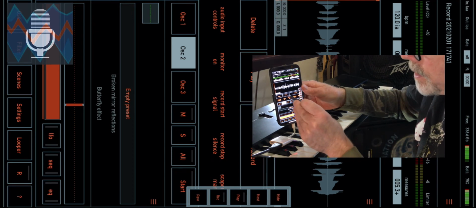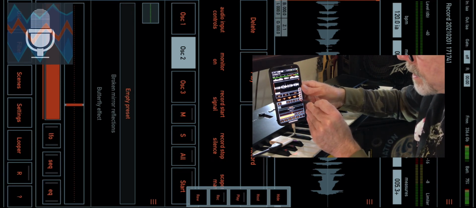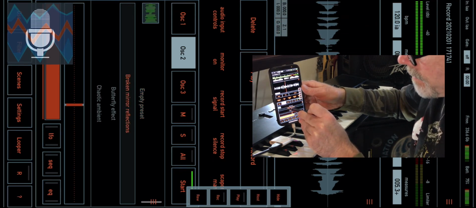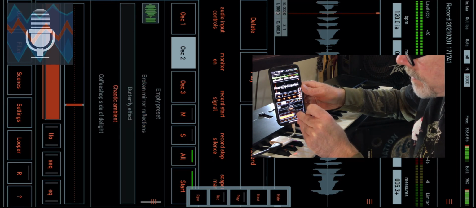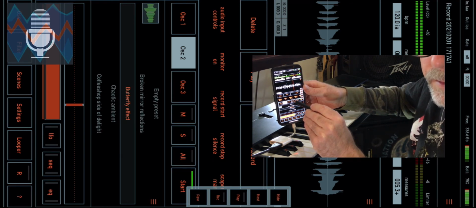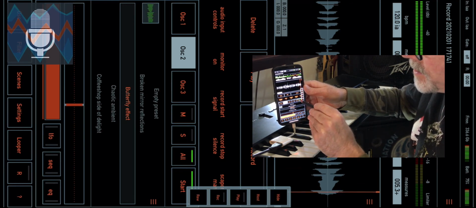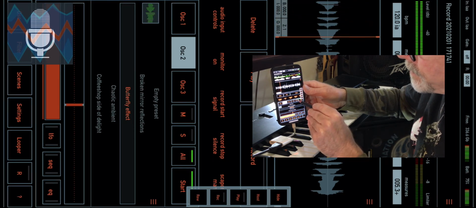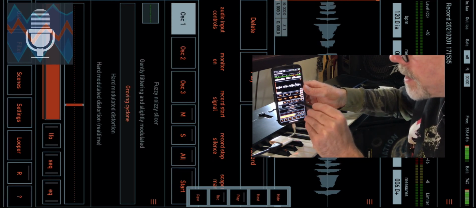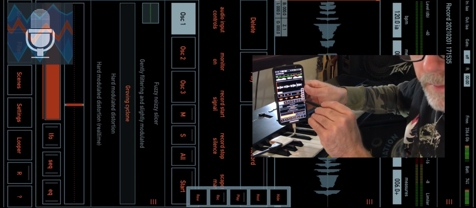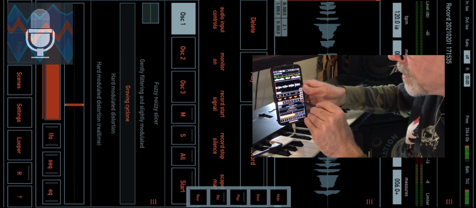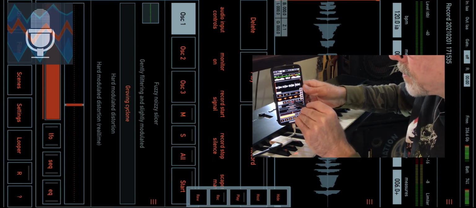Now, here we have standard second oscillator. Nothing's been done to it. It's an empty preset. Butterfly effect is pretty cool. So I've got that one going with the butterfly effect, and I've got oscillator 2 going with grooving cyclone. Now I'm not going to do them all three together yet. That'll be a little bit here just to kind of show you the kind of chaos that you can create with this app here. So now oscillator 3,